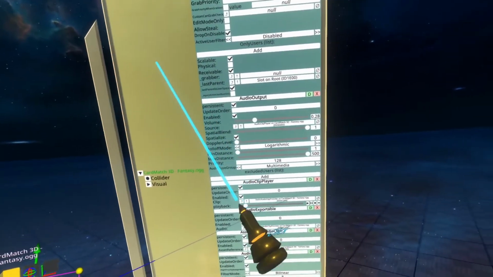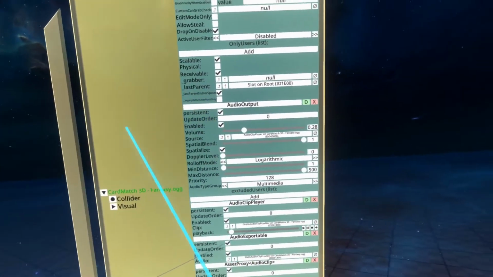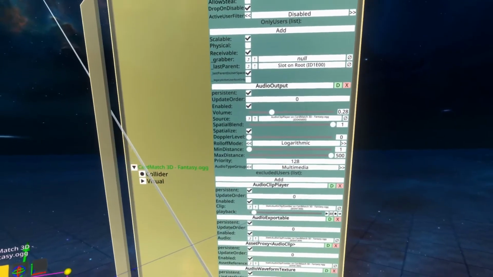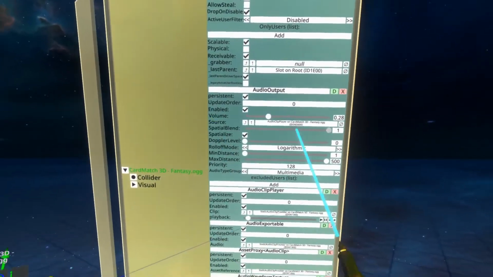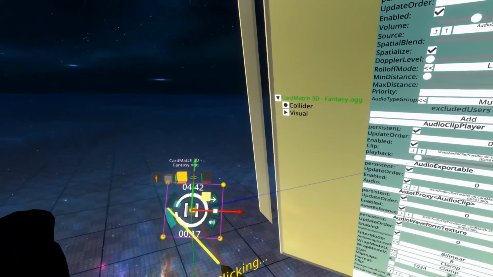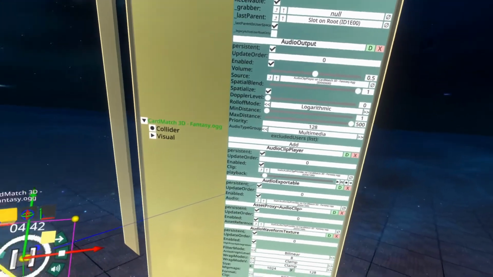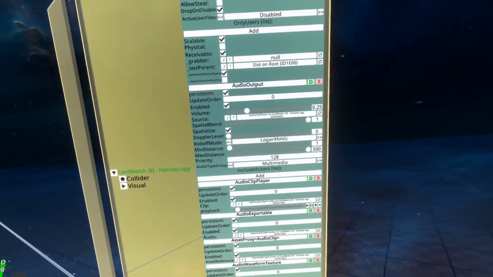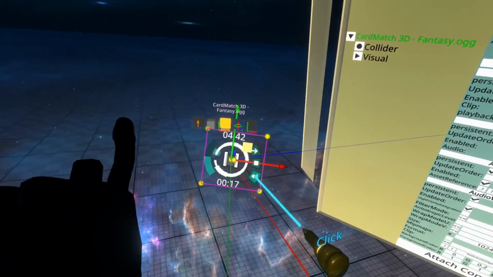Now we can go back up to the audio output. Audio output is what controls how the audio is outputted to the world. So you can see here that it's set to 0.28 on the volume. And if I increase that, you'll see it goes all the way up to 1 and back down again, etc. If I hit this bottom icon, the speaker,